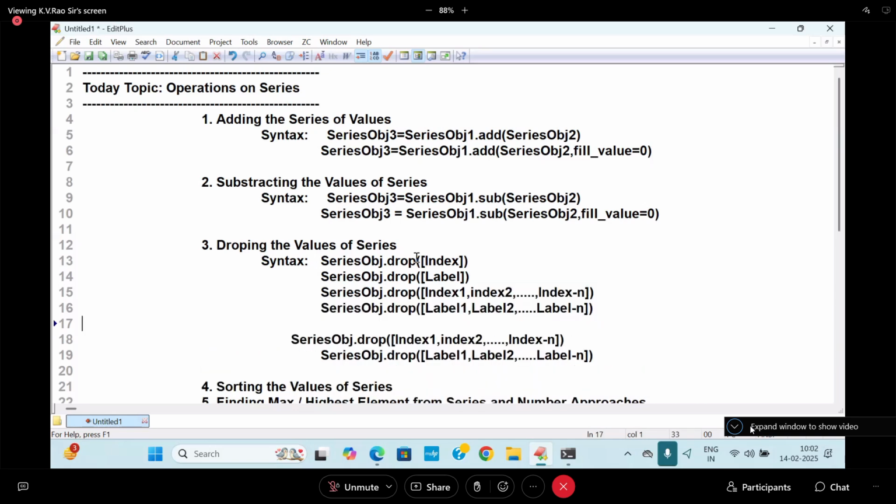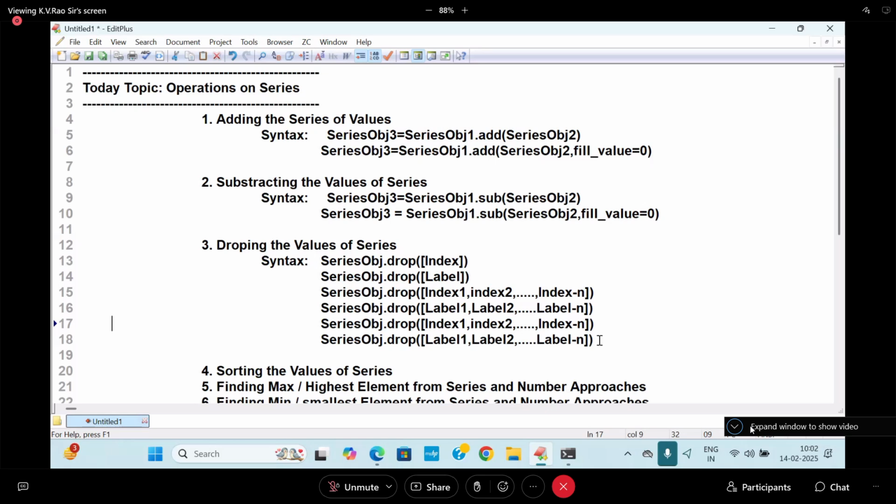I will write the inplace concept, comma, inplace is equal to true. When I write inplace is equal to true, what will happen? It will reflect in the object itself. By default, the inplace value is what? False. That's why it was